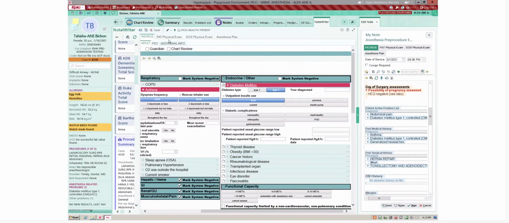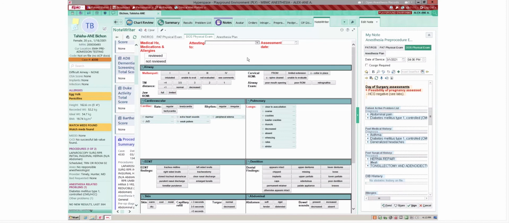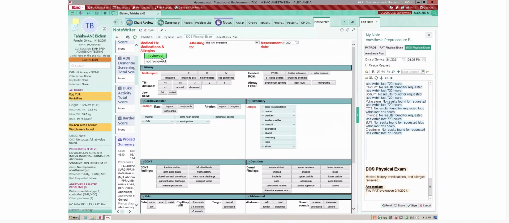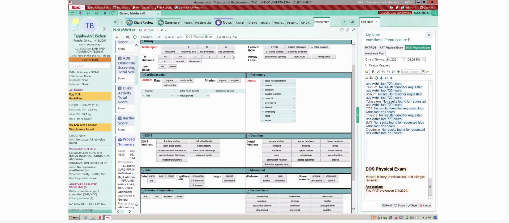So the next section that you see up on top here says PAT physical exam. Well, it's the day of surgery, so we don't need to do that one. We're doing the day of surgery physical exam. It's going to ask you to attest to this pre-anesthetic testing, which is today's date. Anything that's in red, you kind of have to fill out, okay? Medications, history, and allergies all reviewed. And then you get into your actual